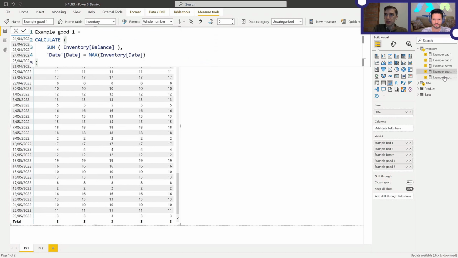So let me just show you another example here of how you can write the same thing, and that's by using the last non-blank value function. By the way, I'm showing these different ways of obtaining the semi-additive balance measure. The actual way in which you should do it depends on your circumstances, and it's outside of the scope of this video, because you could have different